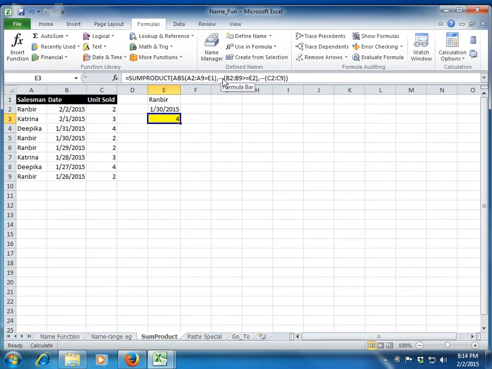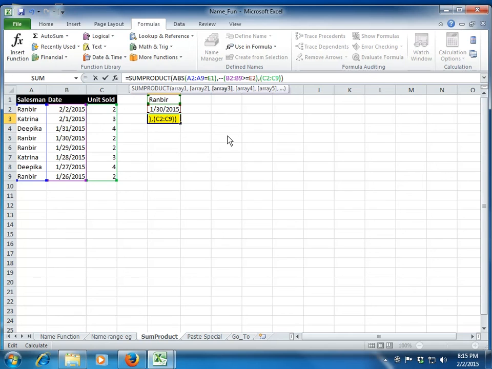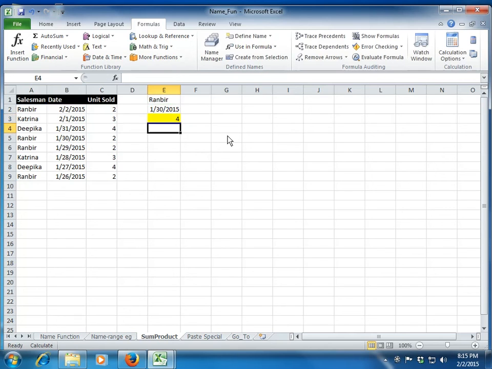Let's say I change it to the power 1. Again it's a mathematical operation and it will convert the boolean value, and it will still work. Clear? So this is just an example I wanted to give of how a sum product function works with a logical condition. Just remember to add a mathematical operation, otherwise it will always throw an error.